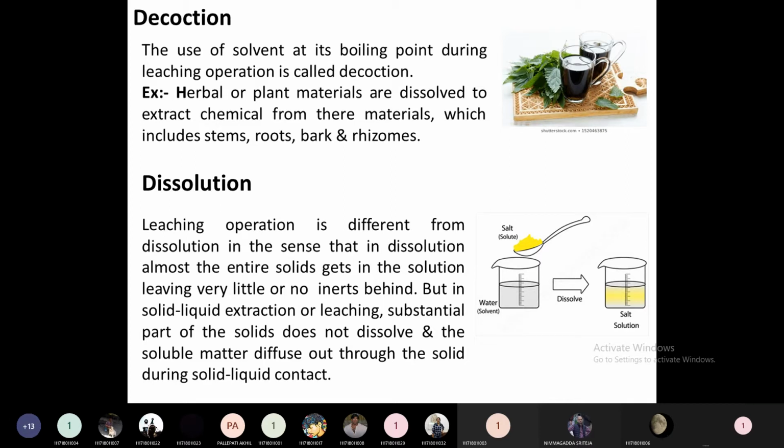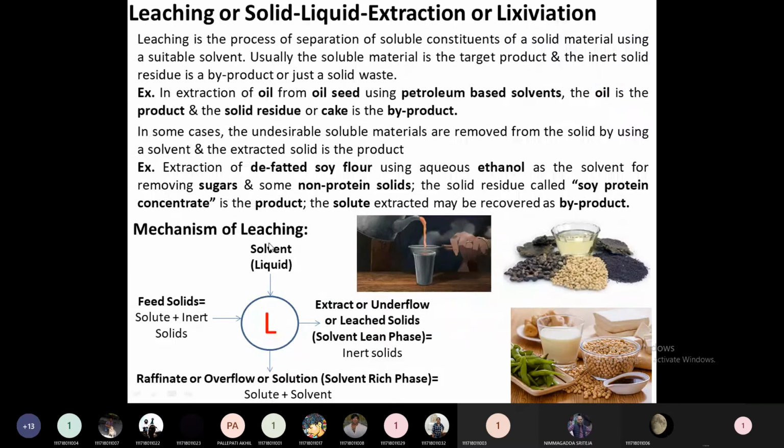When the solvent is used at its boiling point, for example if we use water to extract tea, water's boiling point is 100 degrees centigrade. When we use the solvent at the boiling point of that water, T equal to 100 degrees centigrade, that process is called a decoction. If the solvent is below the boiling point, then that operation is called leaching.